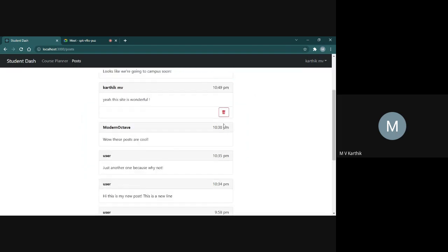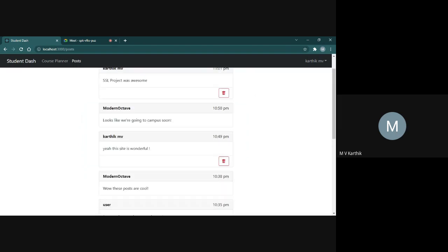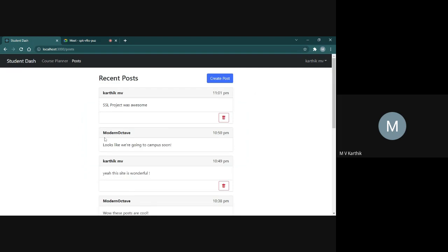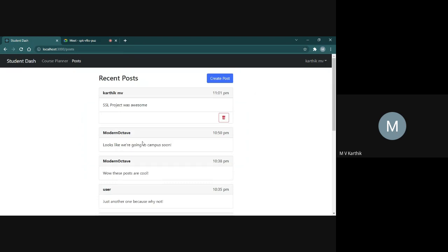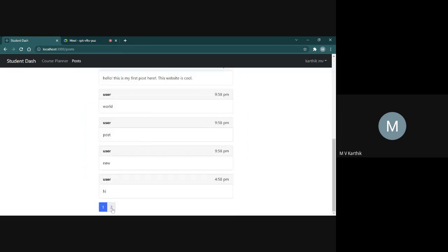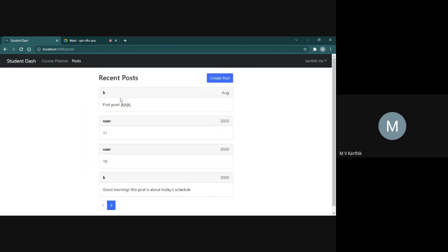If you observe, the delete button is only enabled for the posts which you have created. I feel like I need to delete this post, and yeah, it's deleted.